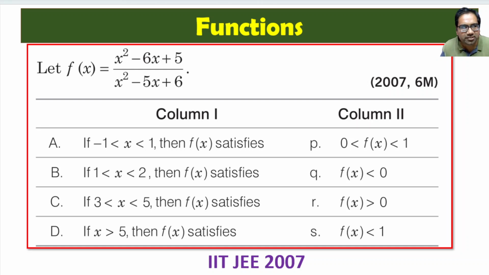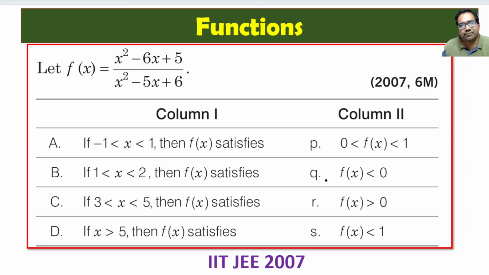Hi friends, here is a beautiful problem. We are given this function. This is a fraction of two quadratic equations: x square minus 6x plus 5 over x square minus 5x plus 6. Now we have to find out the range of this function, how this fraction behaves, when it is positive, when it is negative, when it is greater than 1, when it is